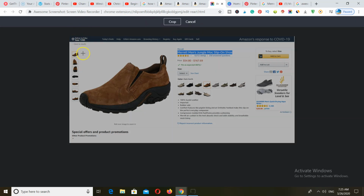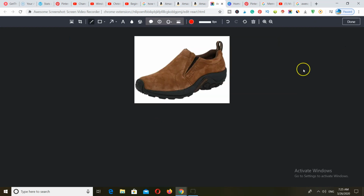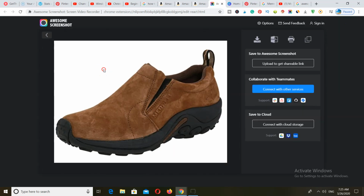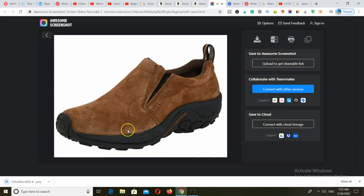Let's go ahead and crop this, and you want to crop each of the images provided by Amazon, and you just want to go ahead and click on crop. Once you do that, click on done, and you're going to be able to save the image to your computer. Just make sure that you remember the name, because you're going to go ahead and upload all of them